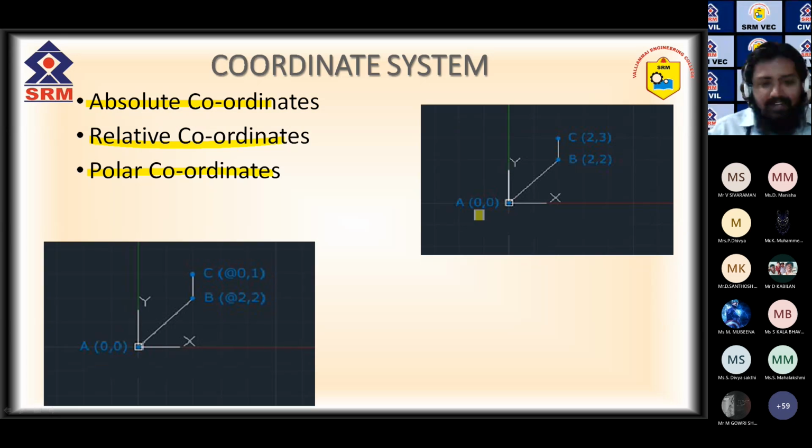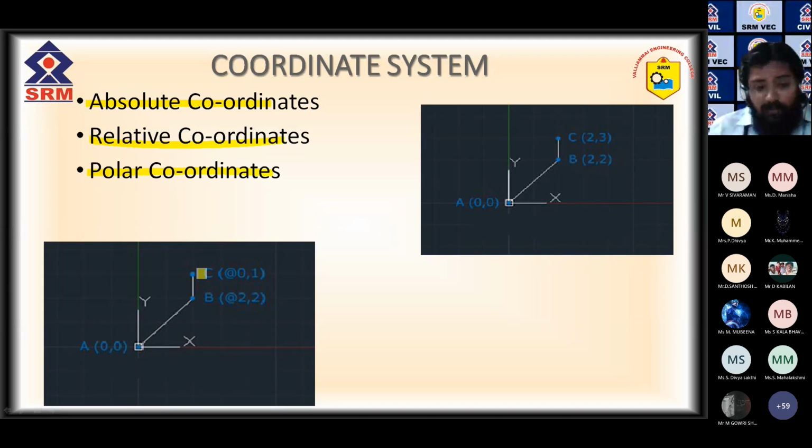Coming to the relative coordinate system. From the name itself you can identify: relative is in relation with the previous one. In relation with the previous one. 0, 0 is the first point. Next I can move it at 2, 2. The at symbol states that it refers to the before point. So at 2, 2. Right. Third point, if you understand, you can easily